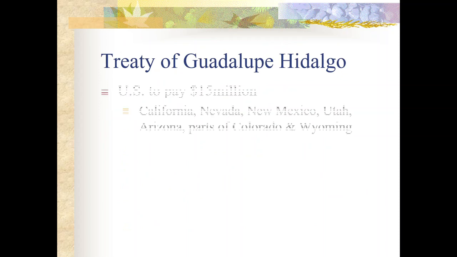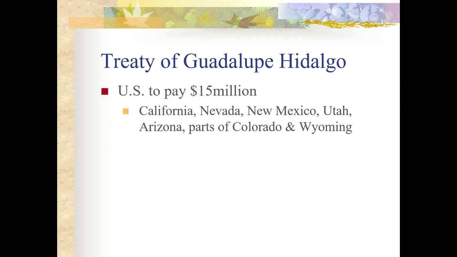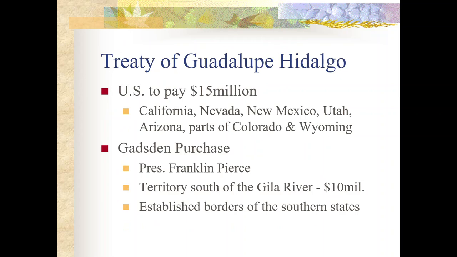At the end of the war, we had the Treaty of Guadalupe Hidalgo. So after we won the war with Mexico, we had to settle the terms. We wanted to gain and maintain control of Texas, but we also gained control of present-day states, portions of California, Nevada, New Mexico, Utah, Arizona, and parts of Colorado and Wyoming. To try to ease the tension between the United States and Mexico, we don't just seize the territory, but we pay for it. So we give $15 million to the Mexican government for this territory.